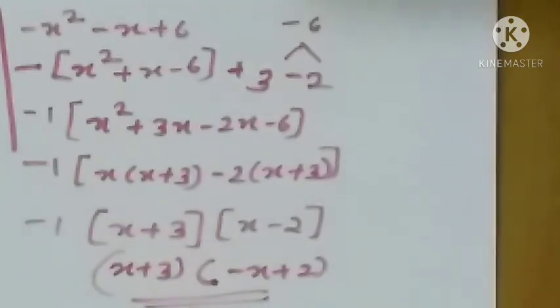So when we are doing this type of sums, if you are getting confused with the minus, you take the minus outside and use the splitting of the middle term, and you will get the answer. Both ways it is correct, any method you try, you will get the same answer.